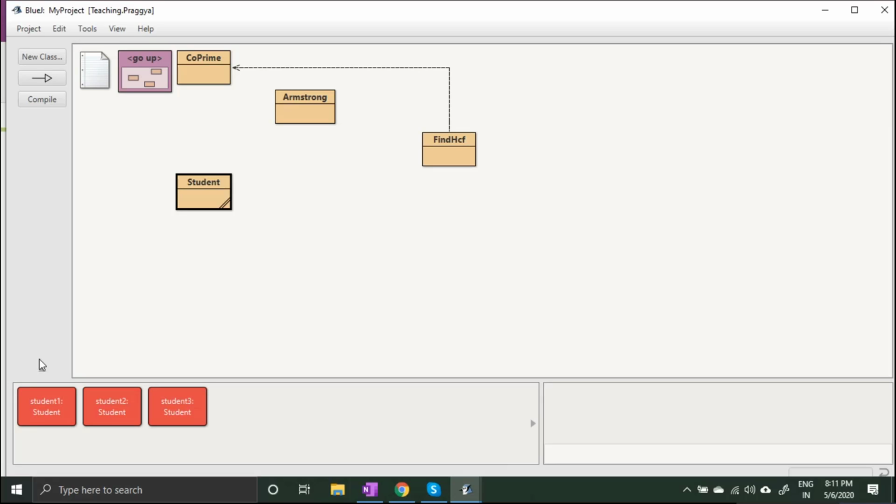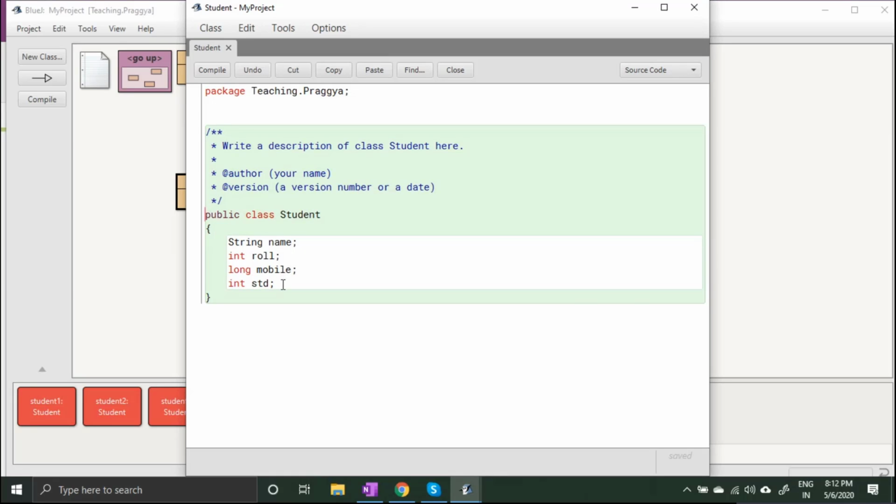It's very much similar to our real life, right? They have only characteristics, but they don't have any behavior. So what we have to do is give them some behavior, right? So let me teach you something about constructors also. Generally there is a default constructor, but the default constructor can be written by the programmer also.